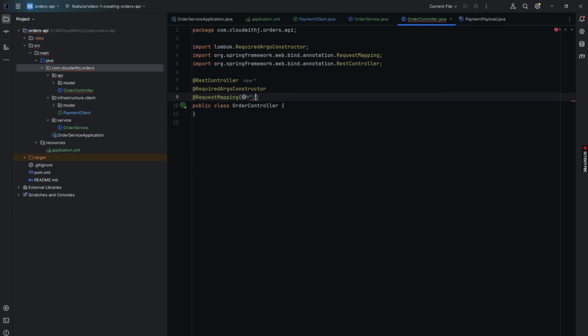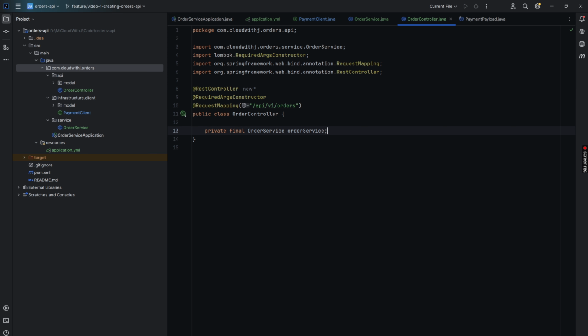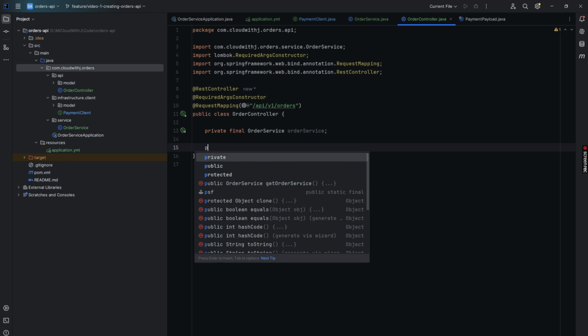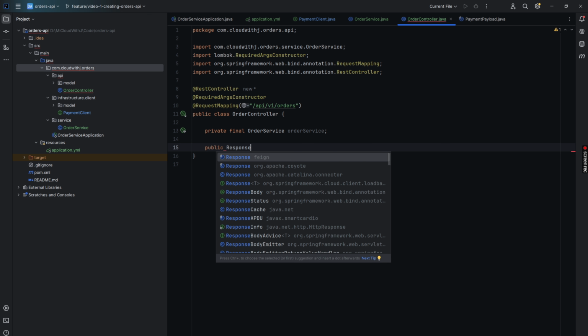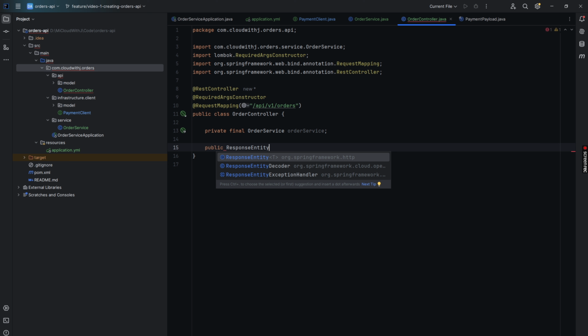In Order Controller, I set up the mapping path for the request and inject order service. Then, I prepare a method to handle the request.